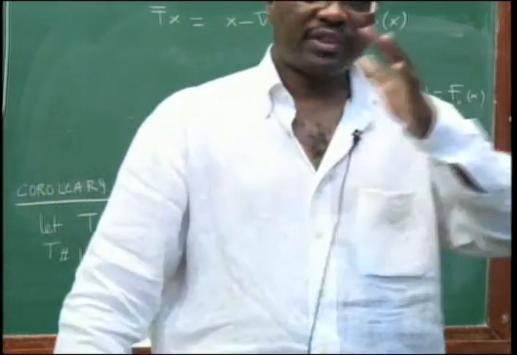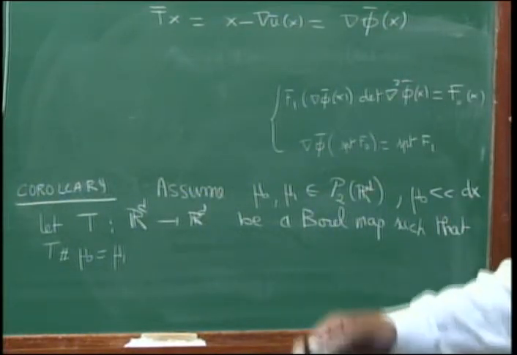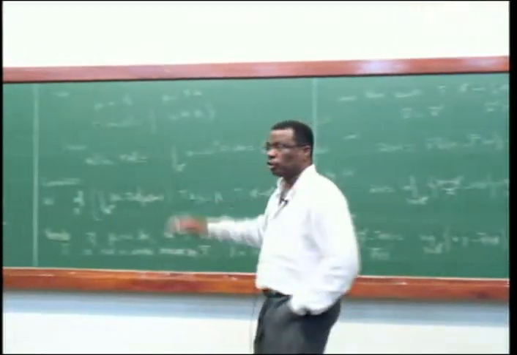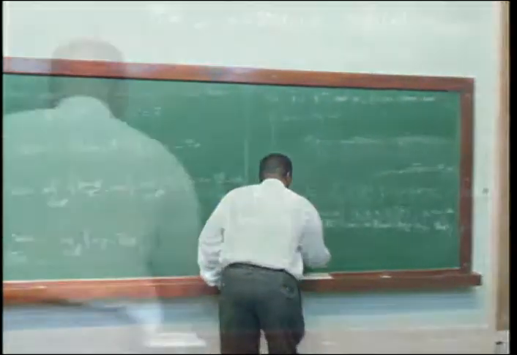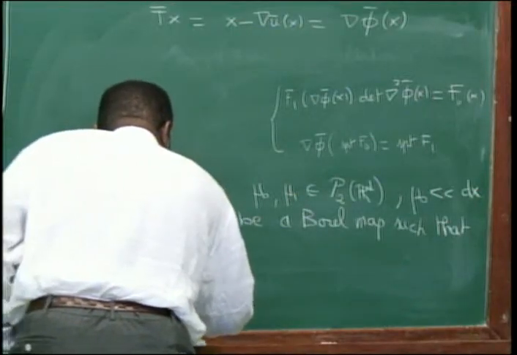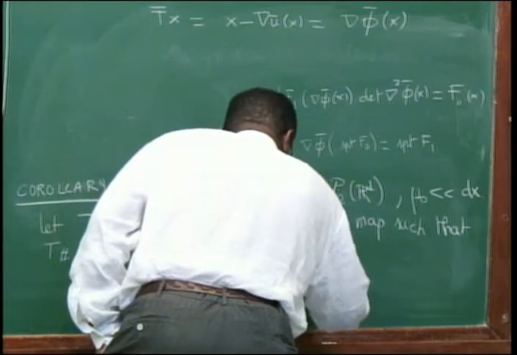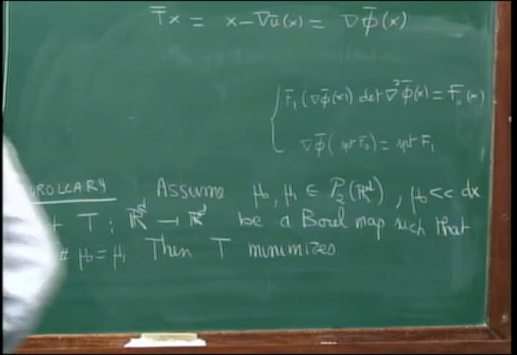Okay, so T satisfies the first condition to be one of the candidates when I am minimizing my functional in the Monge problem. Then T minimizes the Monge problem, which is (2),